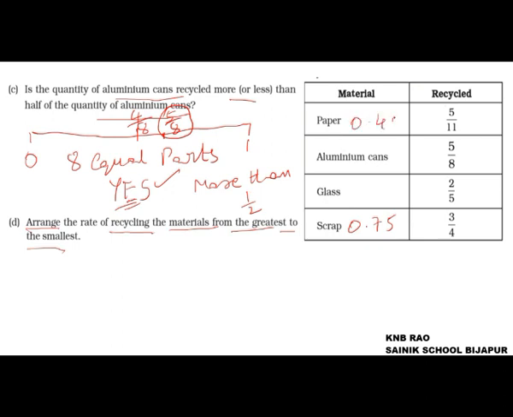So paper is 0.45, aluminum 0.625, glass 0.4. Now amongst them, first scrap,